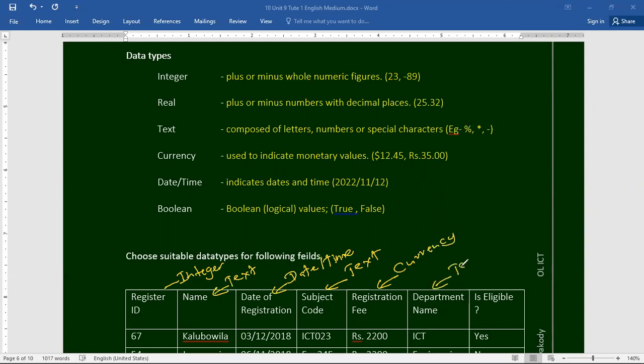Department name can be text data. And for eligibility, we can see yes or no. Boolean is suitable. Boolean values, true or false. At the same time, we can use yes or no as Boolean values.